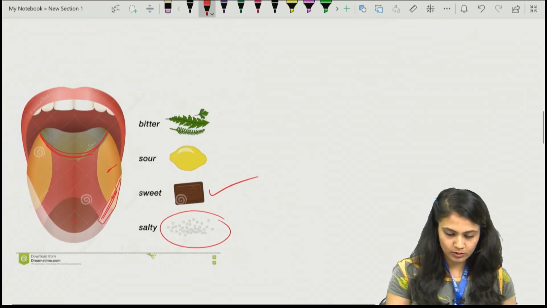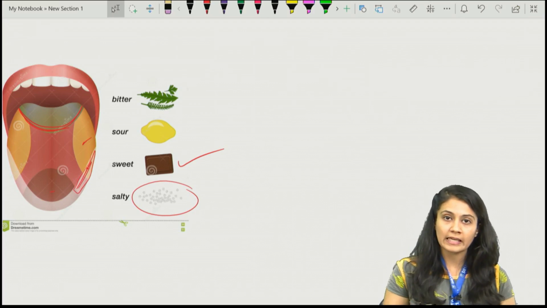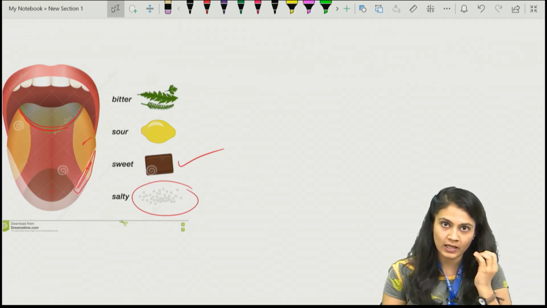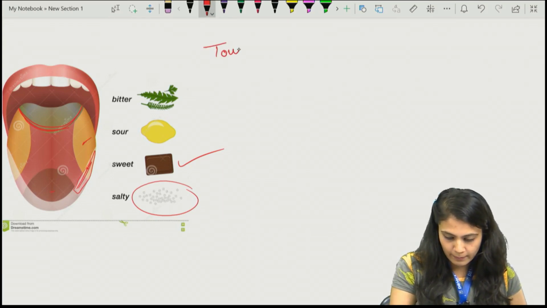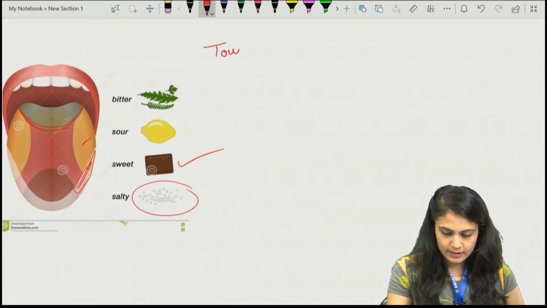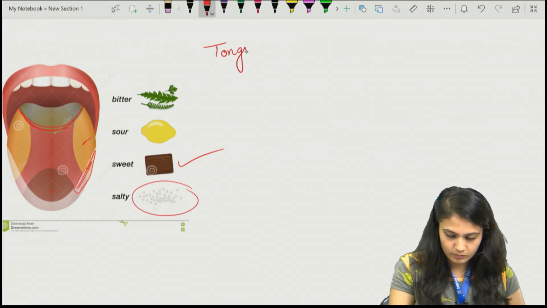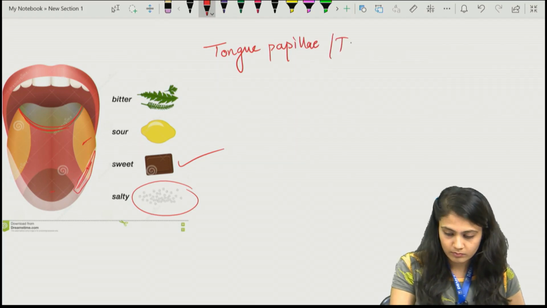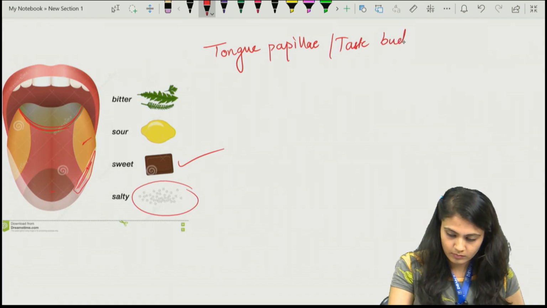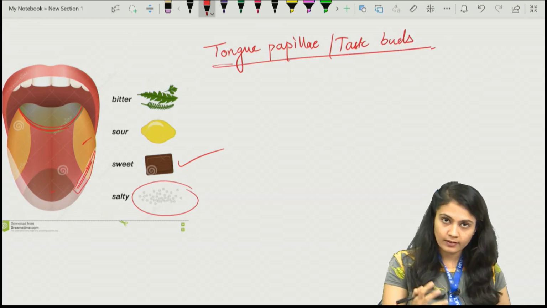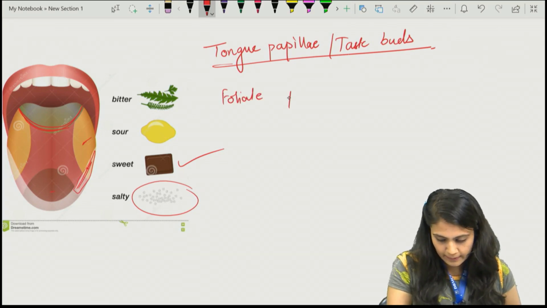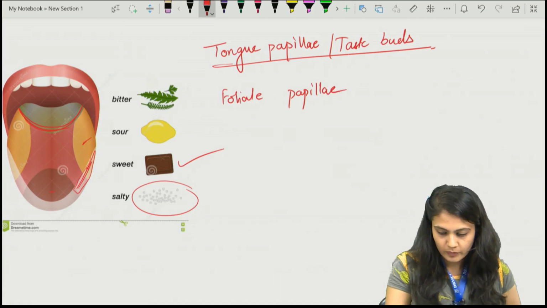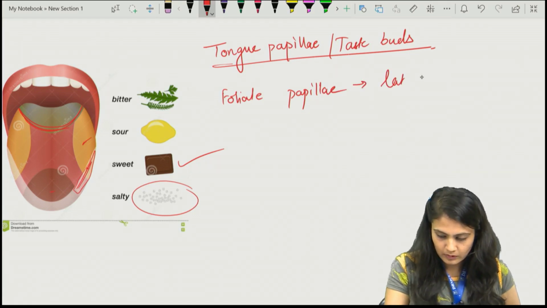If you have to write down the specific type of taste buds which can perceive this specific type of taste sensation, we can write it as tongue papillae, which is also known as taste buds. Specific areas have specific taste buds. For example, foliate papillae in the lateral part, lateral surface,